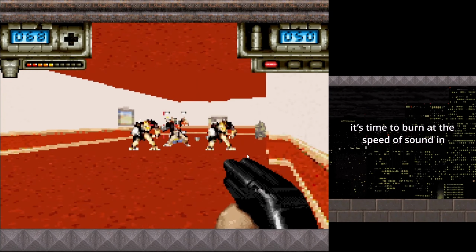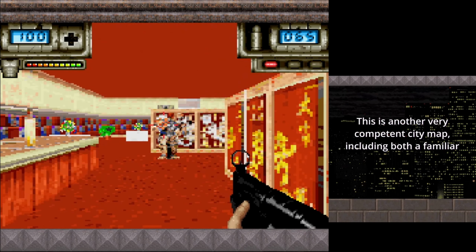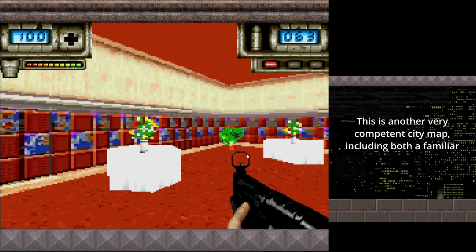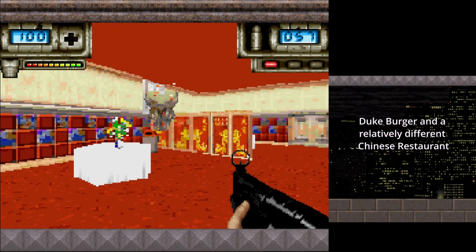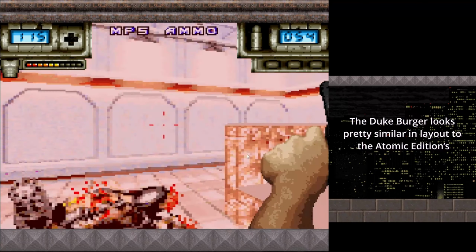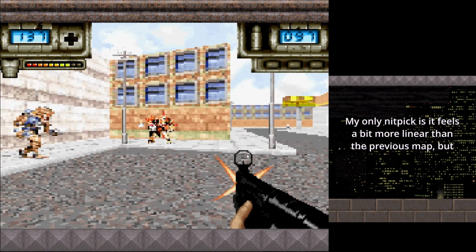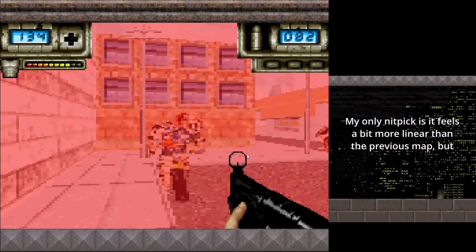It's time to burn at the speed of sound in Map 4B, Fast Fried. This is another very competent city map, including both a familiar Duke Burger and a relatively different Chinese restaurant. The Duke Burger looks pretty similar in layout to the Atomic Edition's, albeit simplified for the GBA hardware. My only nitpick is it feels a bit more linear than the previous map,